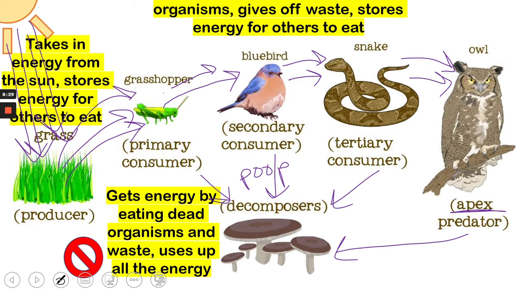And the decomposers are going to break down those dead organisms and their waste, and they're going to use up all of the energy. There is no energy arrow going from my decomposer to the producer. All I have is this big, nope, you shall not pass. The decomposers are not giving energy to the producers. They used up what little was left, and the energy is used up. The sun's going to keep giving energy, so our world keeps getting new energy, but it doesn't cycle around like it does with matter. Next time you see me, we're going to discuss how these two cycles are different so we can really understand them together.